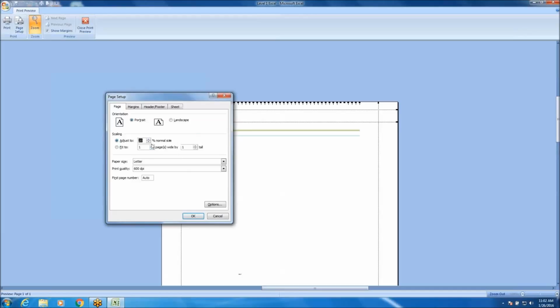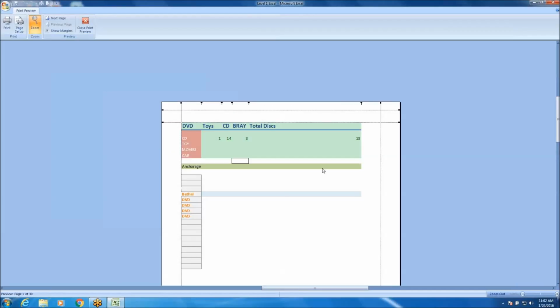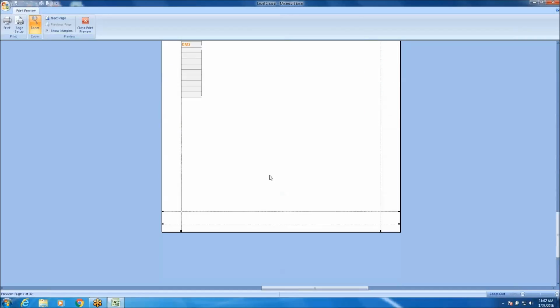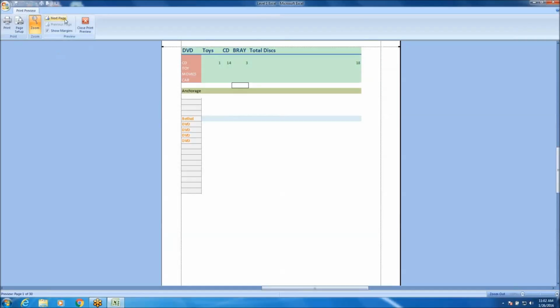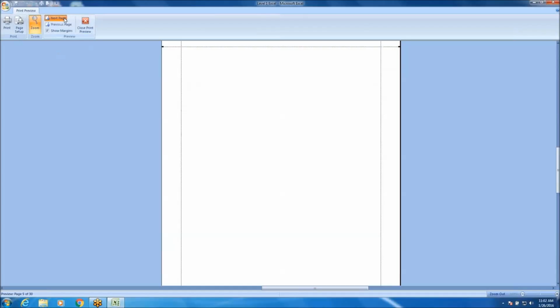If I turn that back off, make sure it says 100 again, I have 30 pages now it's going to print. 90% of them are going to be blank, but because there's data way out there, it's going to keep going until it prints all the data,